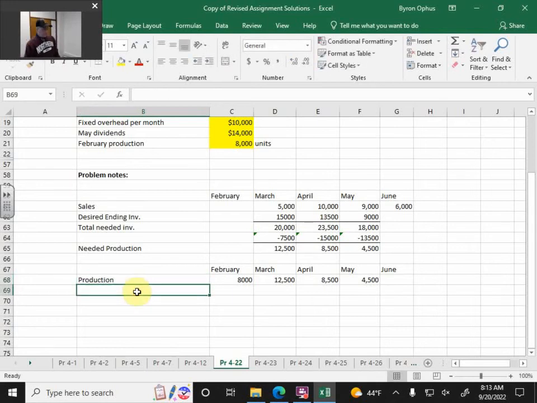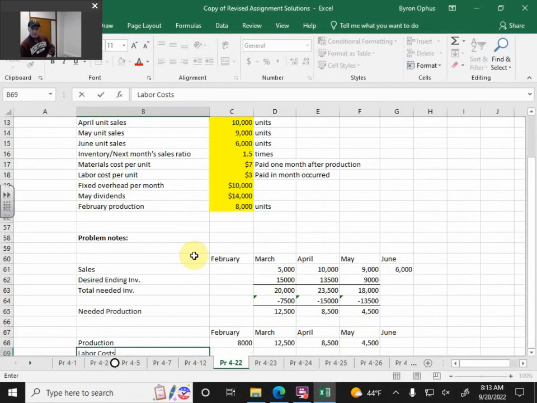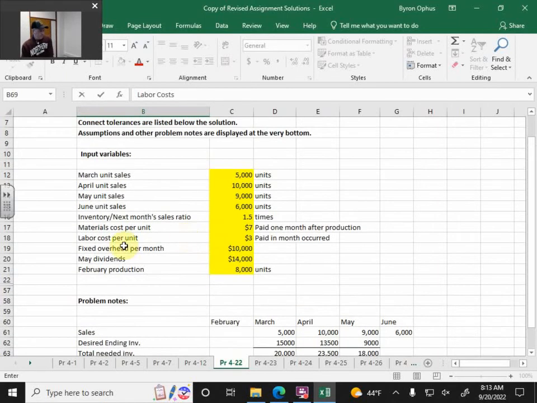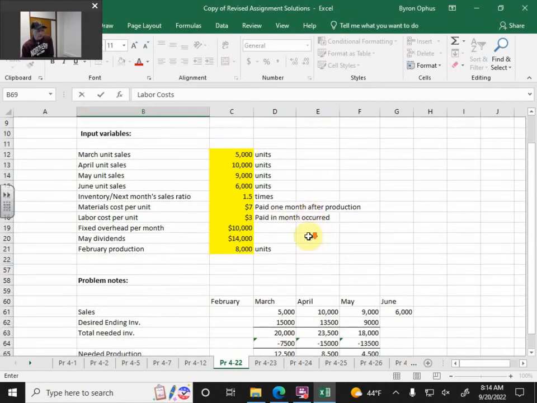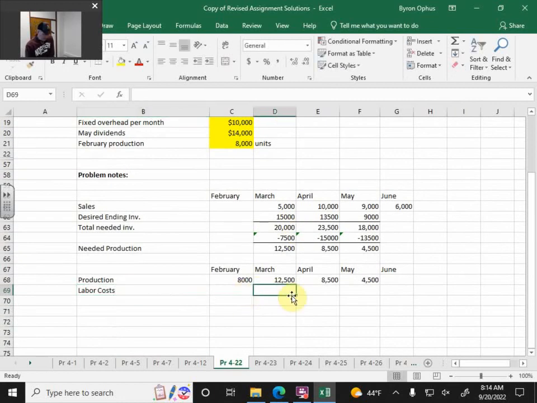Okay. So then I got my various costs, right? Labor costs, let's say. So I'm not worried about February because February is not a required answer. But if I go up here, labor costs are $3. I got a little notepad back here, which is kind of nice. It's paid in the month that the labor occurs. And that's per unit. So my labor cost is simply then going to be equal to 3 times whatever my production is for that particular thing, right? Once again, I can just,